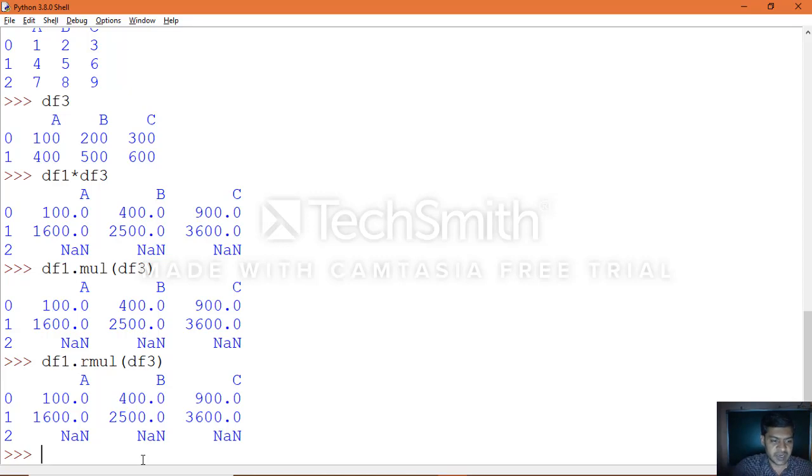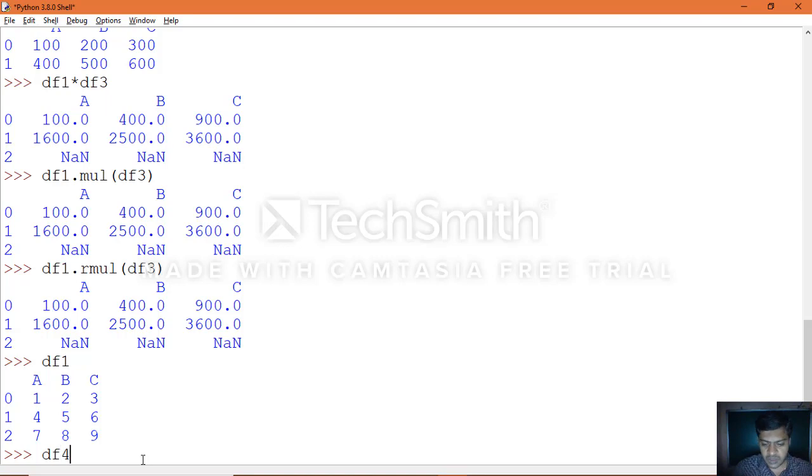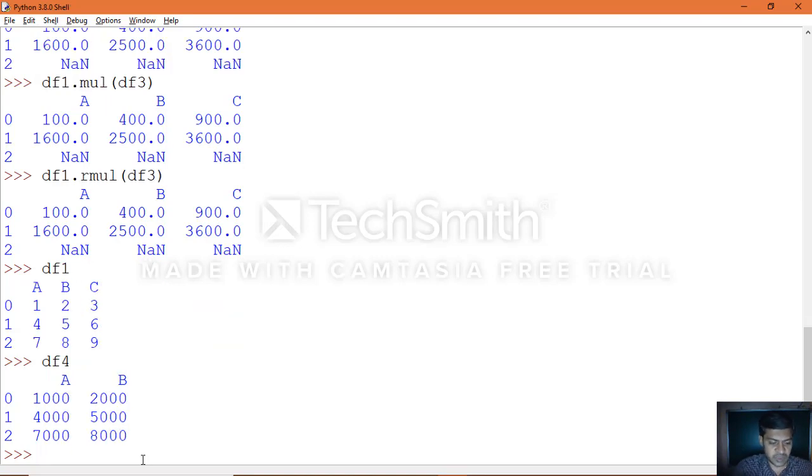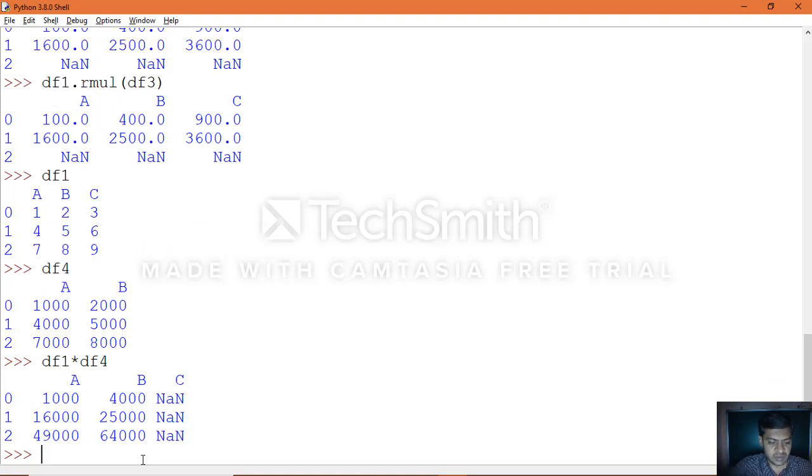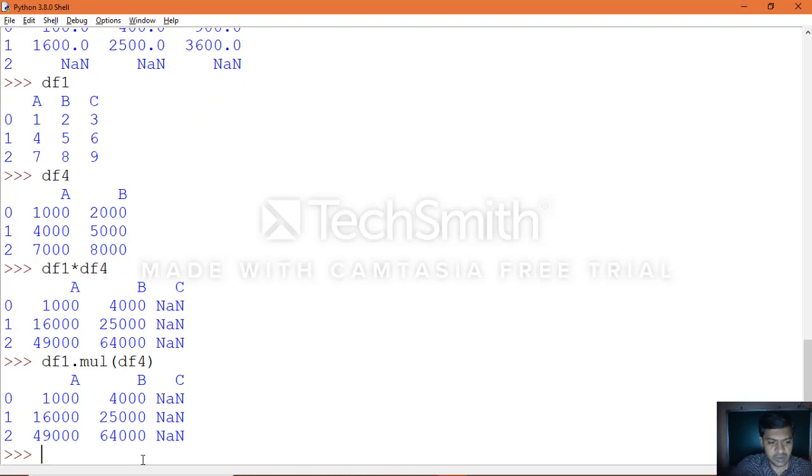In the same manner, when you work with df1 and df4, objects 1 and 4, you can perform the operation by using the normal operator, by using the multiplication function, and by using reverse multiplication, that is the rmul function.